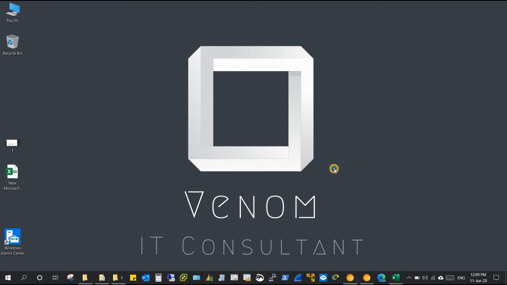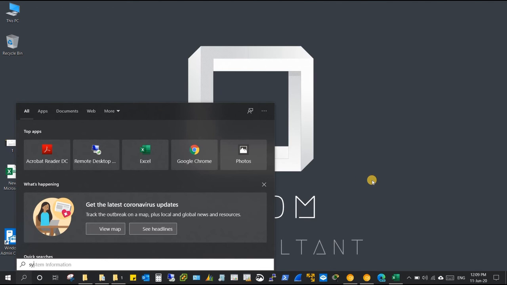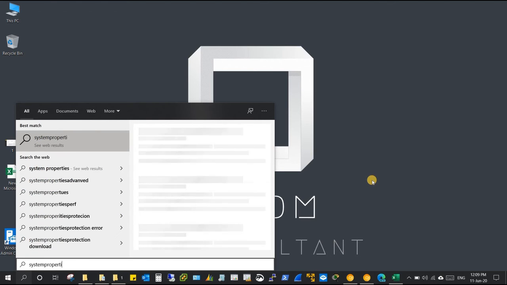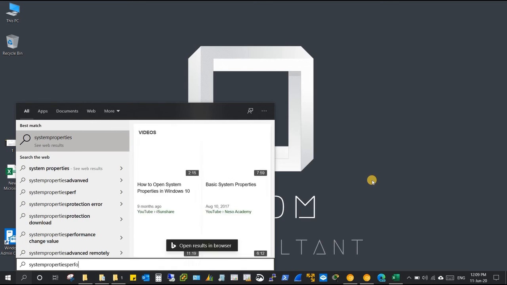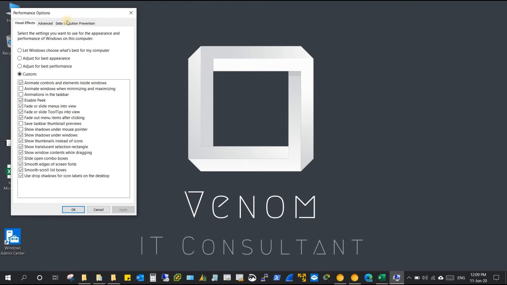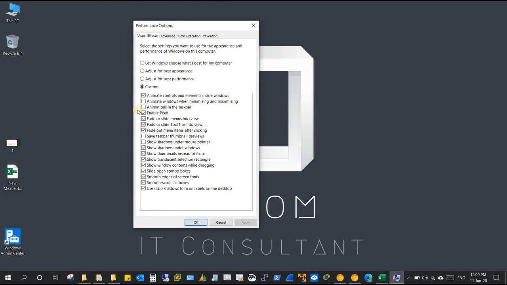And finally, the last option is to just go to the search and type system properties performance. So from here, you can select the options which you need actually. Otherwise you can remove all the options. So these are the graphical performance options